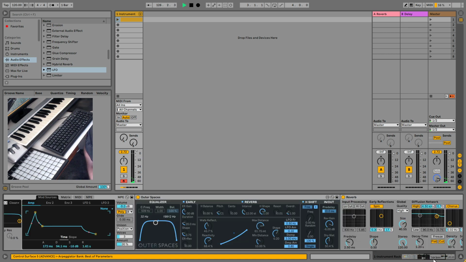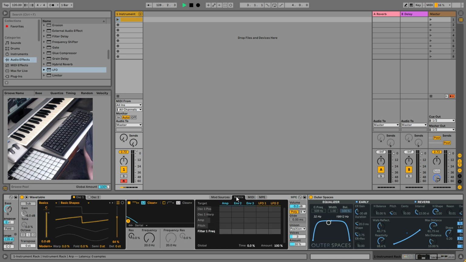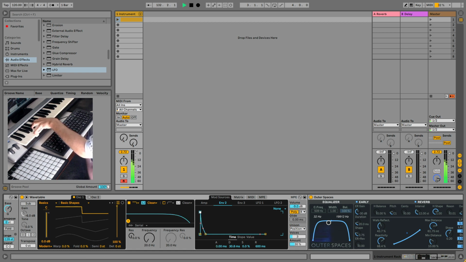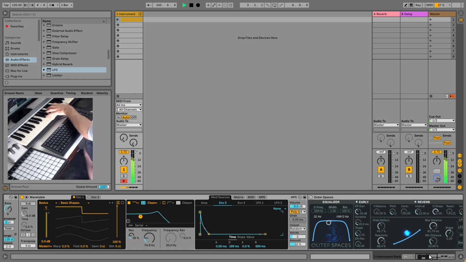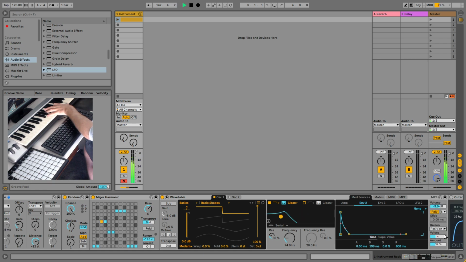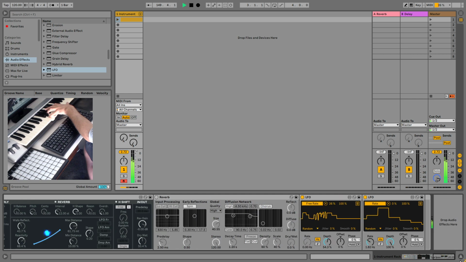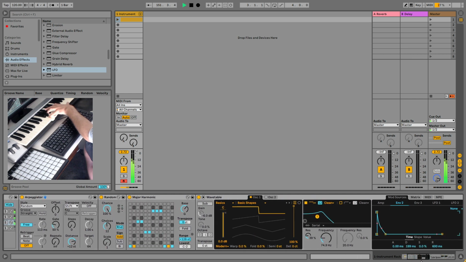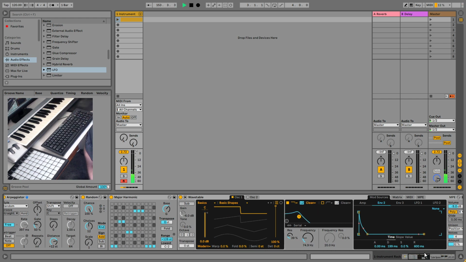The arps, let's make these a little bit poppy. So I'm just going to apply an envelope to the filter frequency, and we'll make it a square. And yeah, so